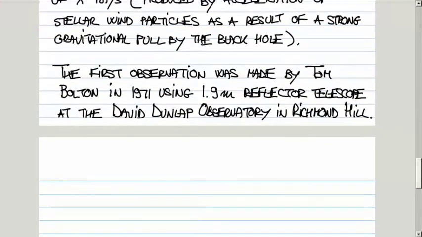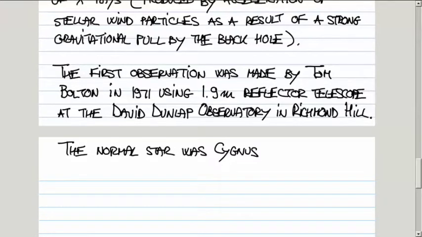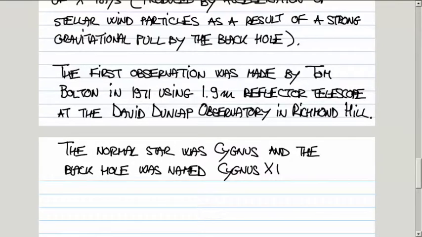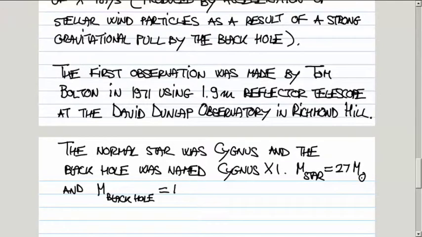Now, what he saw, the normal star, was star Cygnus, and the corresponding black hole was named Cygnus X1, as a source of X-rays. The mass of the star was found to be 27 solar masses, and the mass of the black hole 15 solar masses. That's a nice big value. You see, if you get something that is close to the threshold of 3 solar masses,